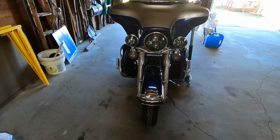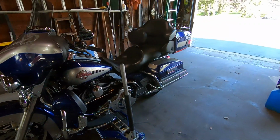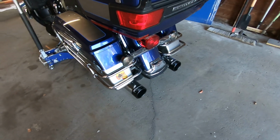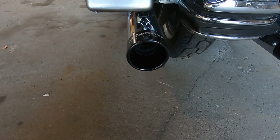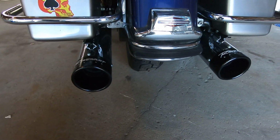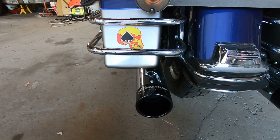So there were a couple of other things I really wanted to talk about. The pipes being one. As you can see, I've got the Reinhardts on there now, and I'm very impressed with them. They got a really nice grumble to them, a little bit deeper than the other pipes. They sound good. Kind of a bear to install,